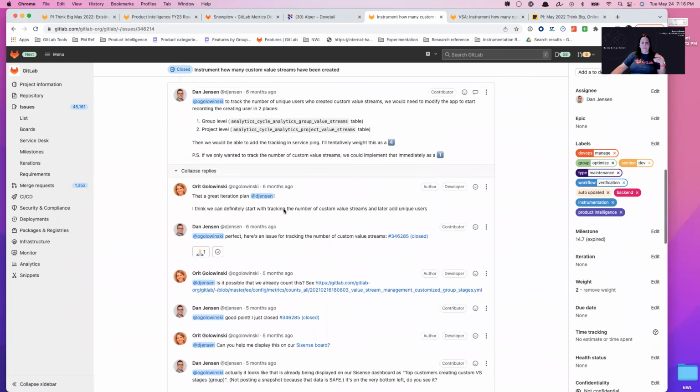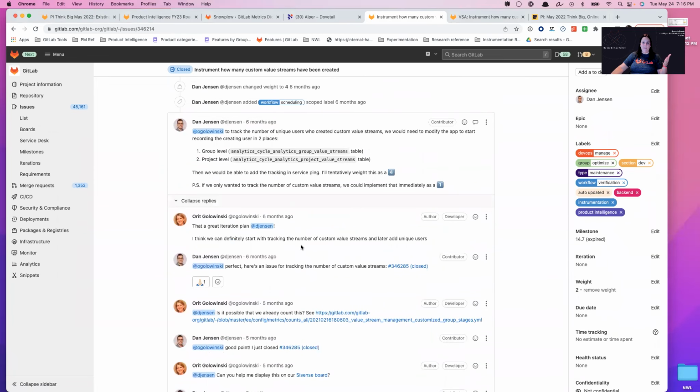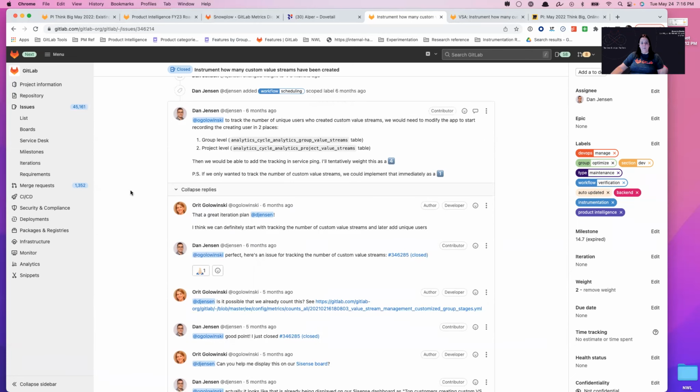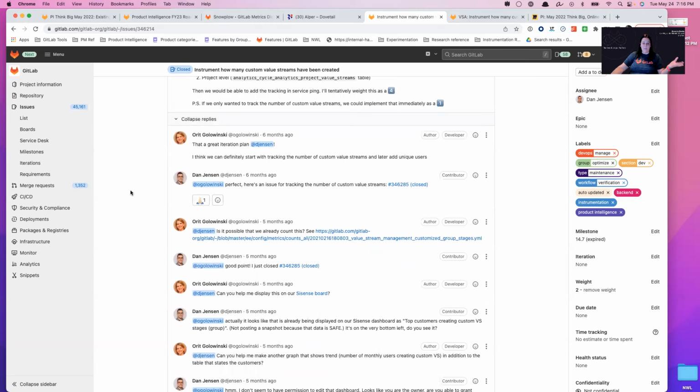And so this is a very small example, and really what was expended here erroneously was the time to open the message, pinging the engineering manager, the engineering manager thinking about this problem, opening a related issue, right? The back and forth, which probably wasn't a whole lot of time in thinking about this particular problem. But all of this could have been resolved if Orit was able to discover that this particular metric had already been instrumented.